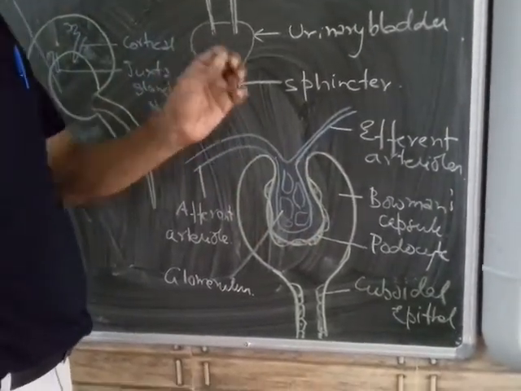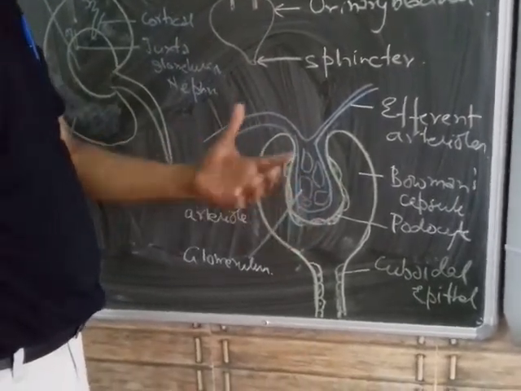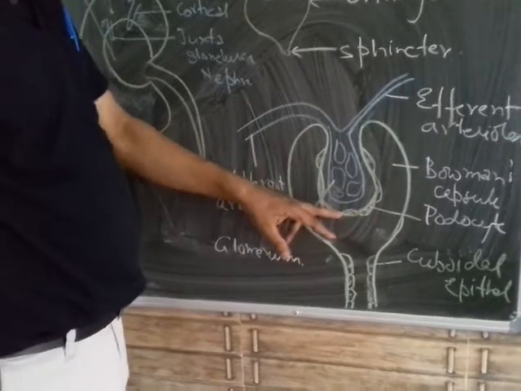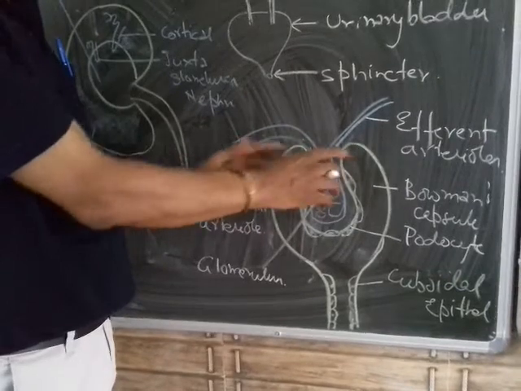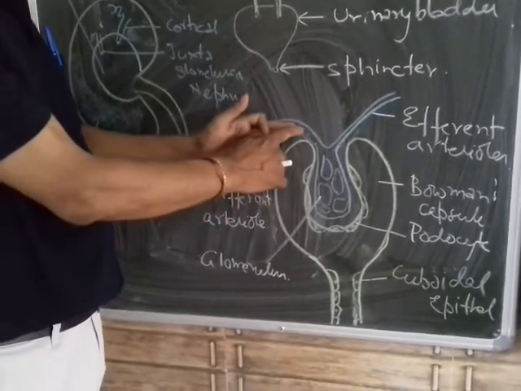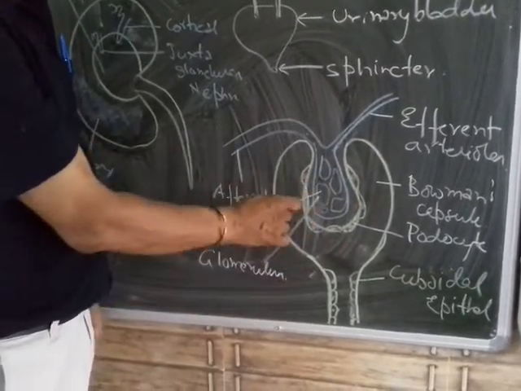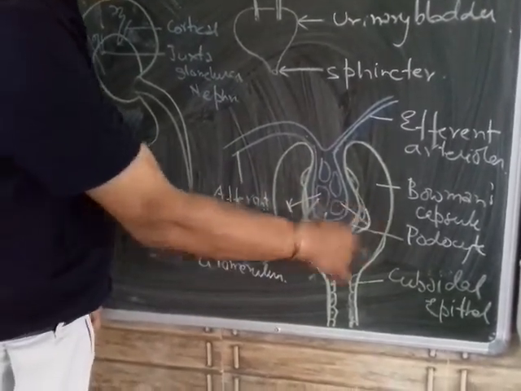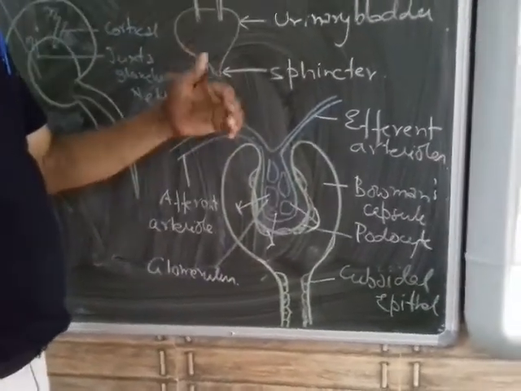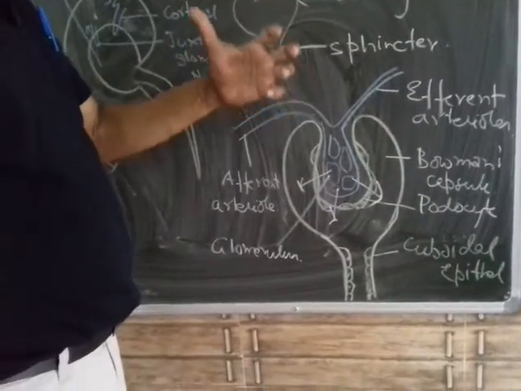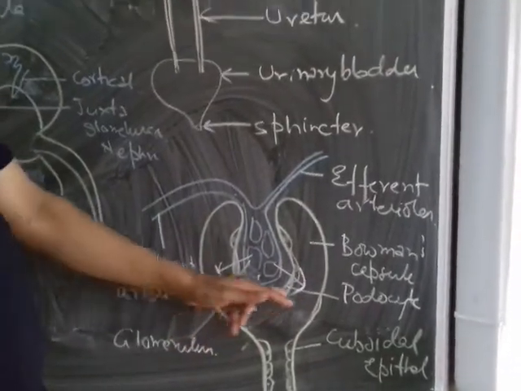That's why podocyte: podo comes from the word for feet, and cyte means cell. So foot-like cells, which are single cells. And here there is a difference in hydrostatic pressure, because the blood comes in a thicker vessel and moves out in a thinner vessel. So naturally a greater pressure is created, which forces the glomerular filtrate to come out of the blood. The RBCs do not come out from the plasma, only the glomerular filtrate comes into this Bowman's capsule and is collected here.